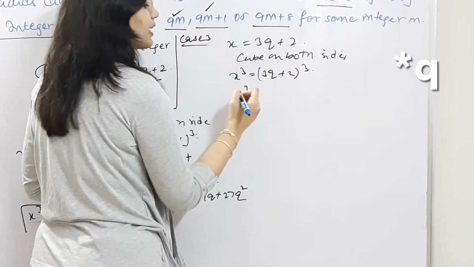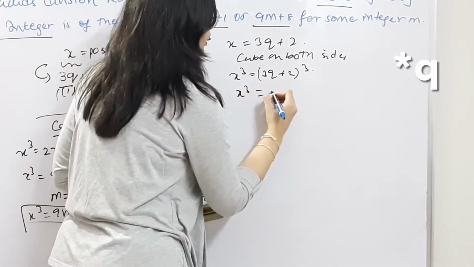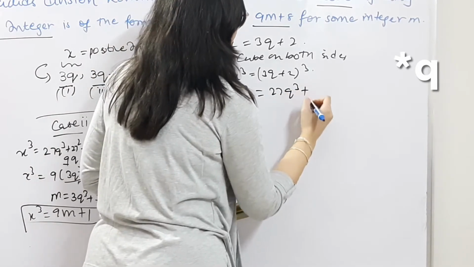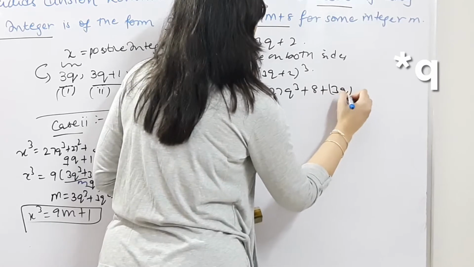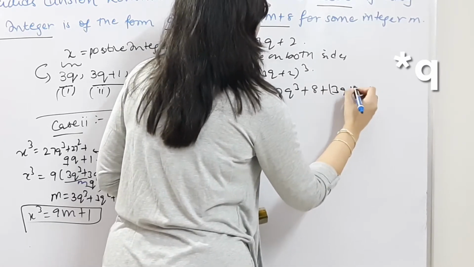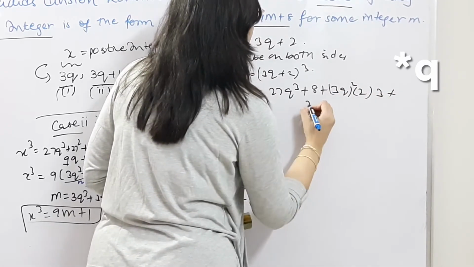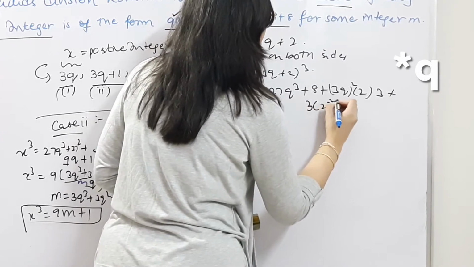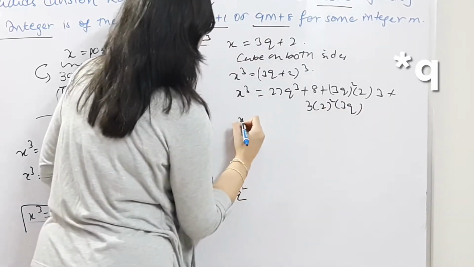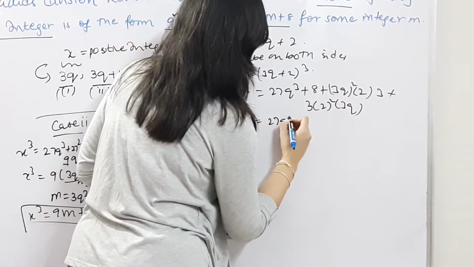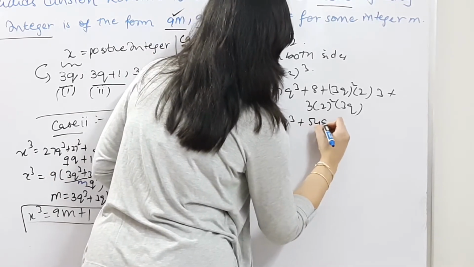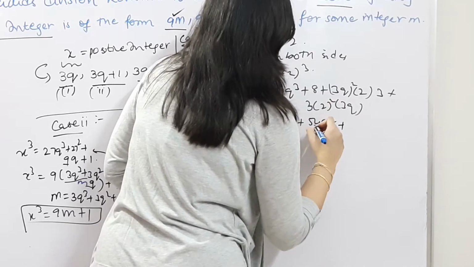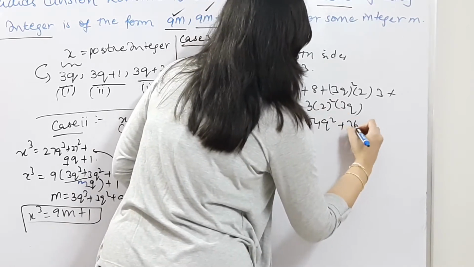So applying the (a plus b) whole cube formula, we get 27q cube plus 8 plus 3 into (3q) square into 2 plus 3 into 3q into 2 square. That is x cube is equal to 27q cube plus 6 9s are 54q square plus 9 4s are 36